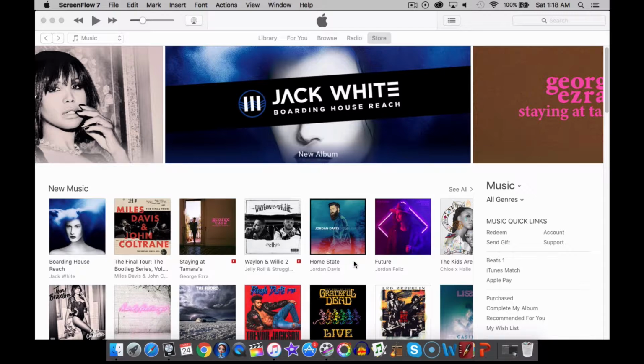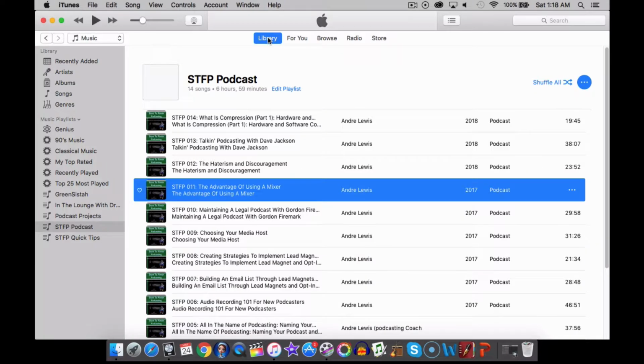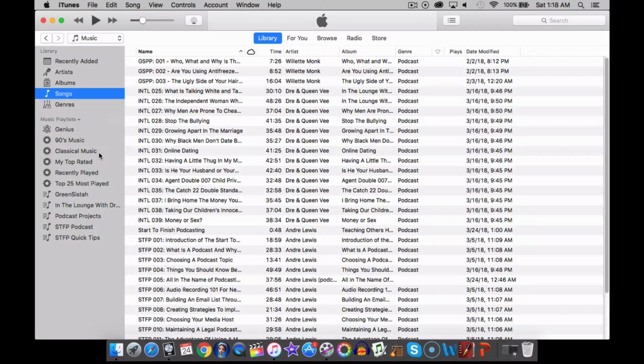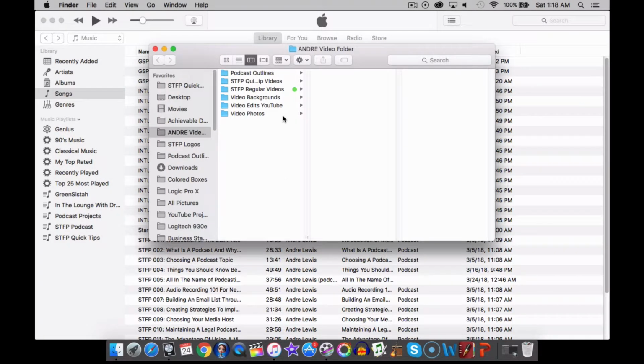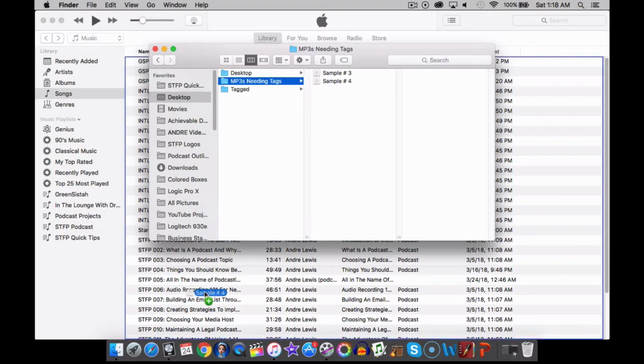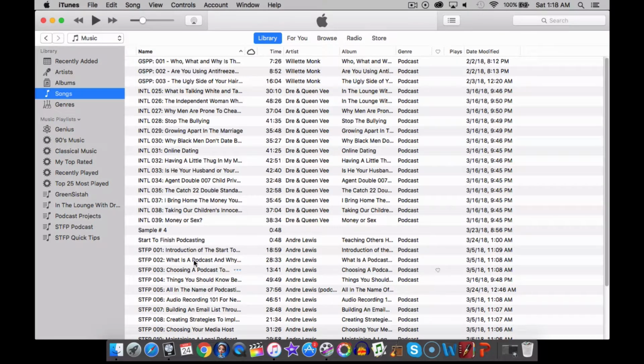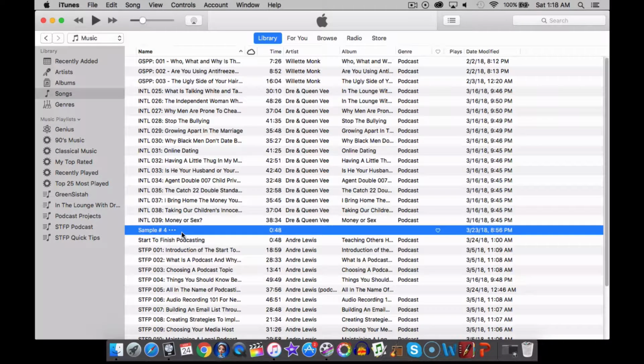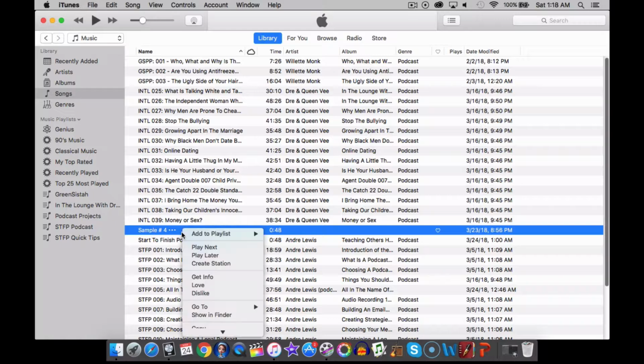So the first thing you want to do is go to your library. Okay, you're going to click Songs. And here's where I have all my MP3 files tagged. So I'm going to bring in an MP3 file. Let's try sample 4. So I'm going to bring in sample 4. Here it is right here. Now I'm going to tag sample 4. So you're going to right click,